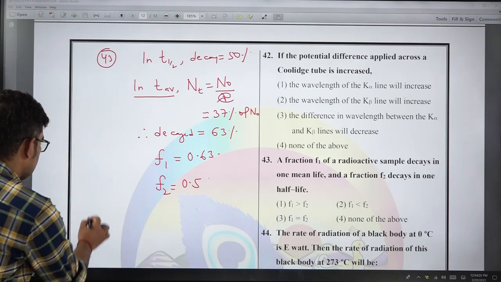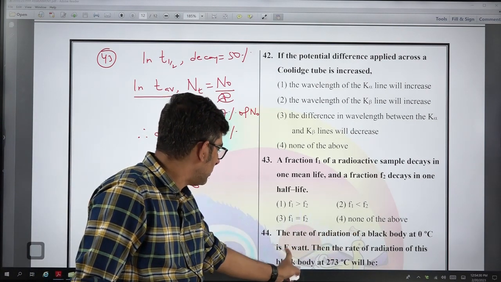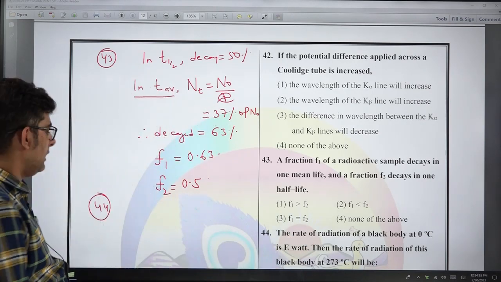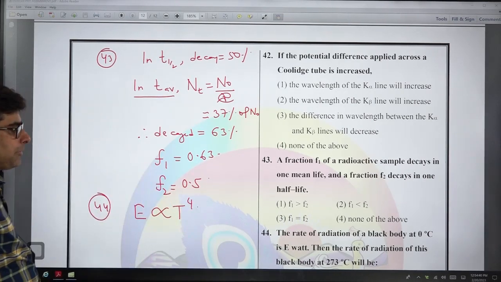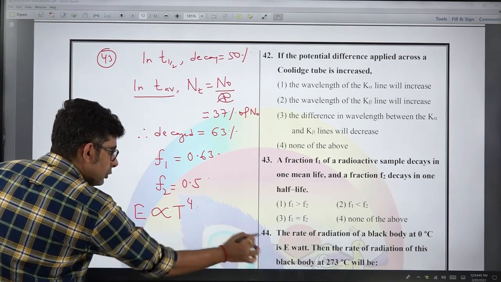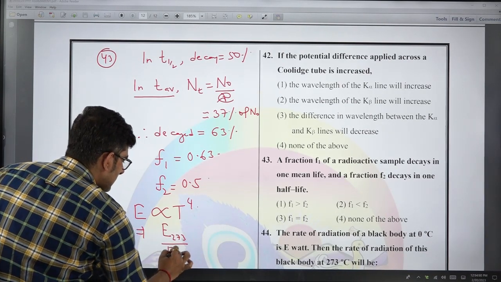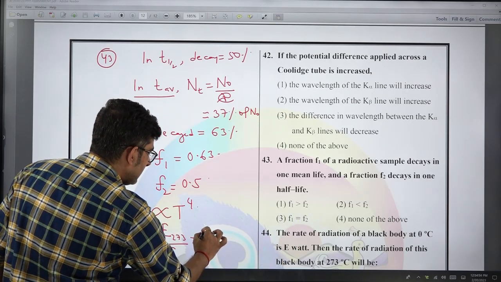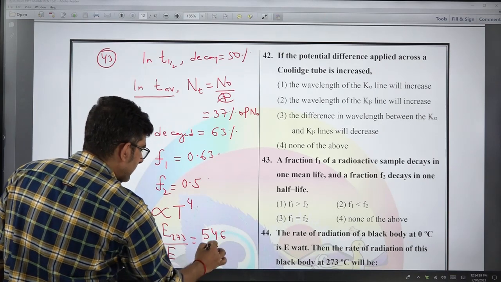The rate of radiation, question number 44. The rate of radiation of a black body at 0 degree Celsius is E watt. Then what is the rate of radiation at 273 degrees Celsius? We have studied that rate of radiation is directly proportional to T to the power 4. So we can write E at 273 by E at 0 equals 273 degrees Celsius, which is 546 Kelvin,